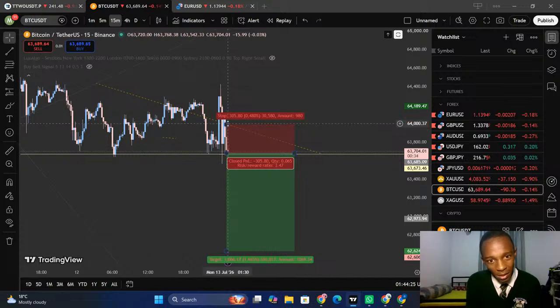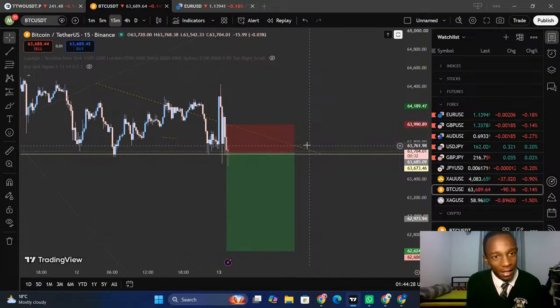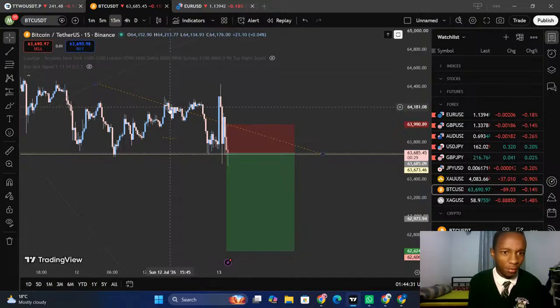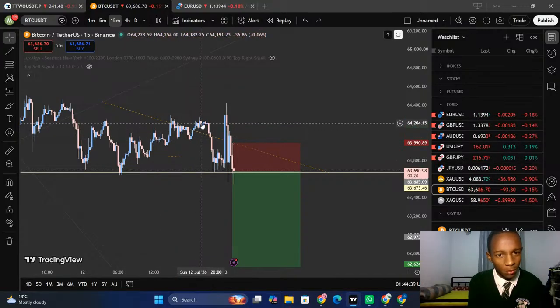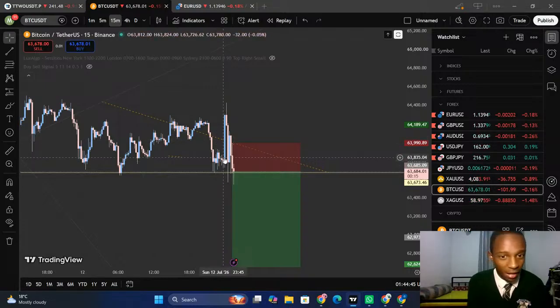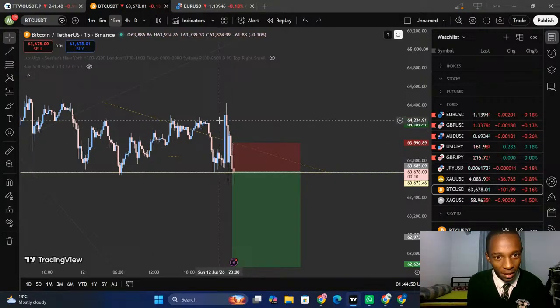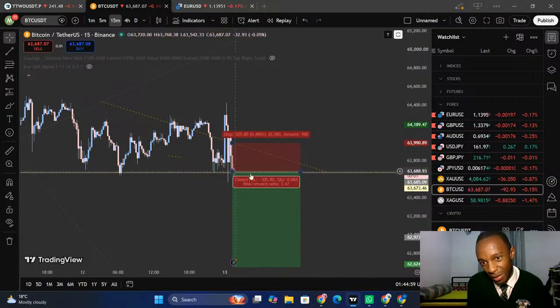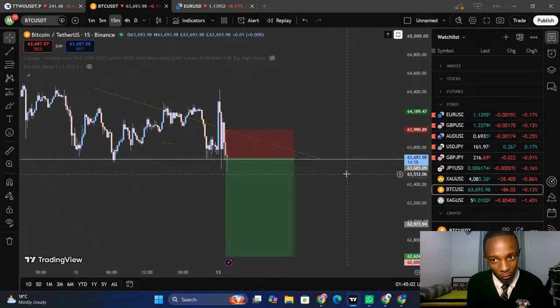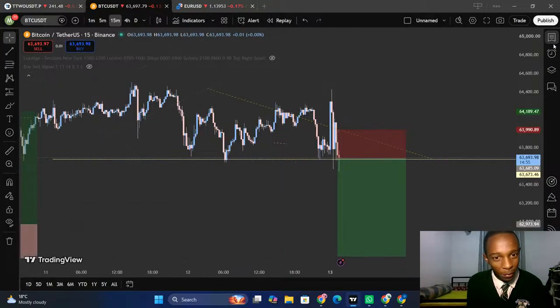And then we came and respected this trend line. We all know that we do have some kind of liquidity at these areas right here. So we just broke above, then came below to retest. After failing to close below this, we went above and had this huge candlestick. Then we came again and retraced back to this support zone, which we are really, really hoping to break below.